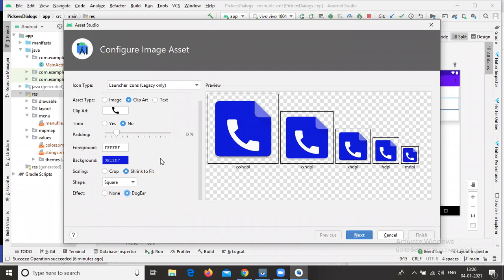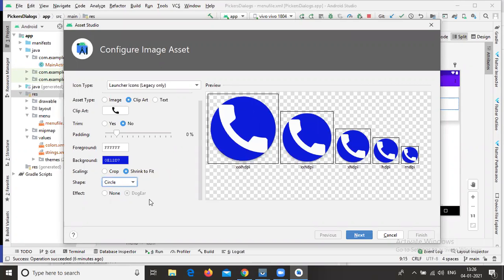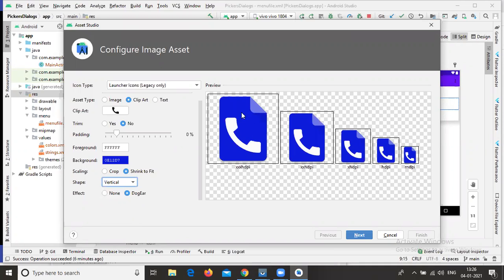In Android, we have beautiful designs available, and based on your requirements, you can create any number of designs. Here I'm using the circular shape, so I'm unable to activate the dog ear. In case you use the vertical shape, the dog ear is available.